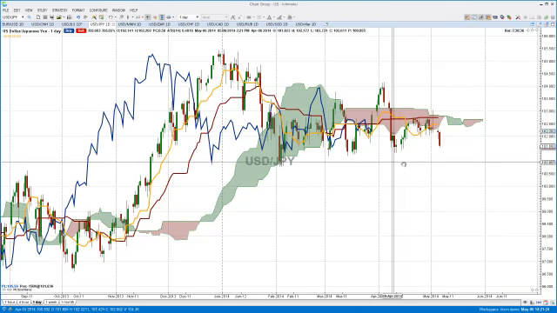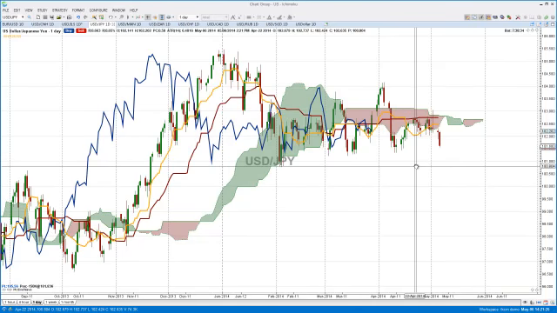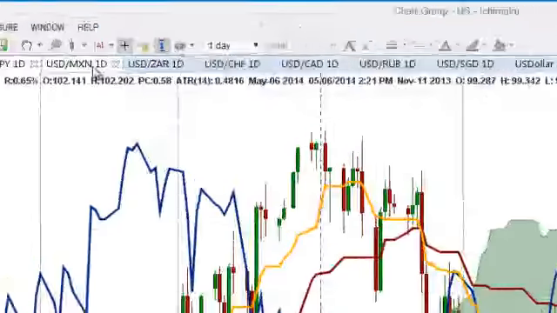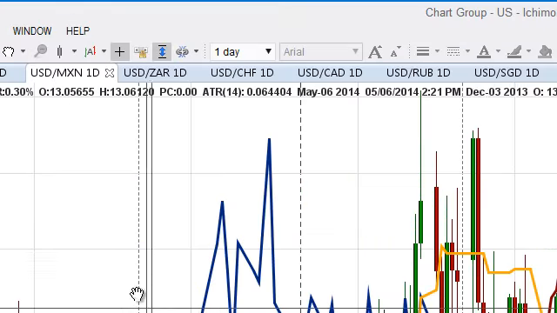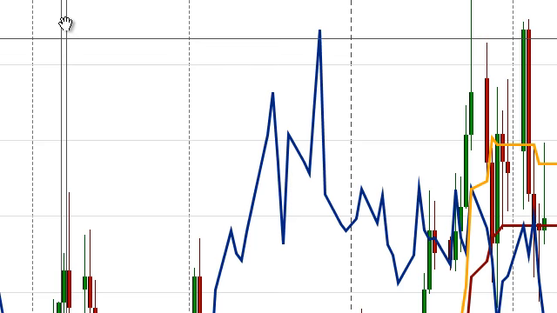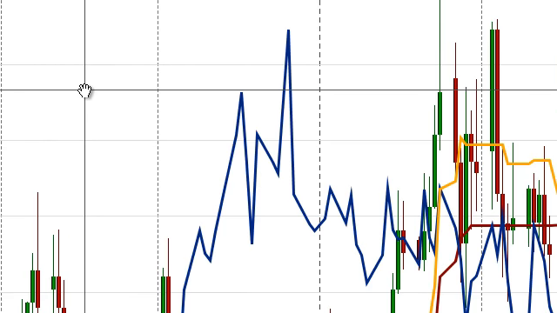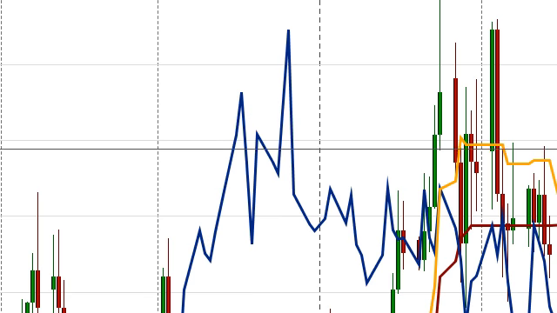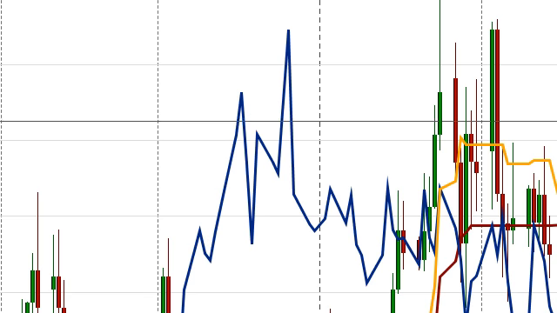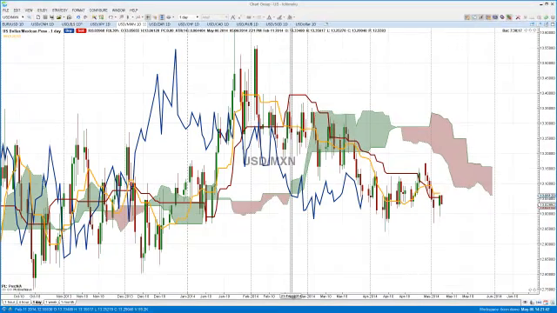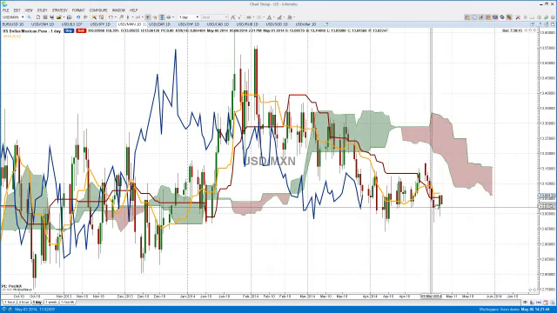So I don't see any potential opportunity right now for that. Let's move over to now our favorite, our well truly favorite, the United States dollar against the Mexican peso. We all like the Mexican peso for our own personal reasons, and what we can see right now, although price